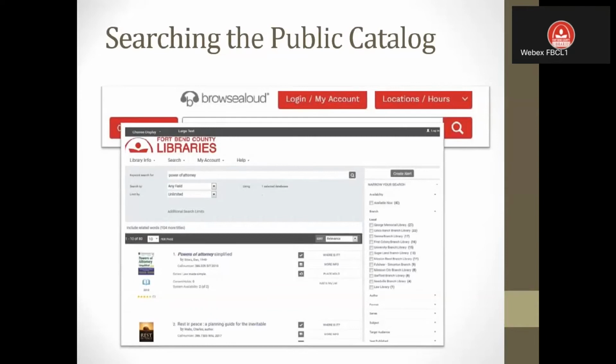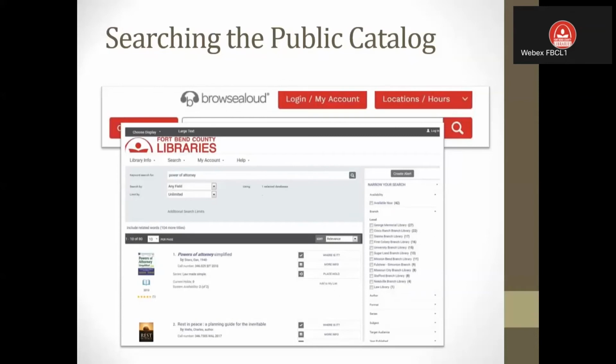Now, it's a very general resource, and of course, it has a version of AI in there too, so it tries to do by relevance, but you can see the second source on here is a resource that probably won't apply. It's more of a general kind of like memoir type resource. But the first one here, for sure, Power of Attorney Simplified. Now, again, that's a general resource. As I mentioned, most of the public libraries are going to have very general informational guides, but that may be something you want to look at.